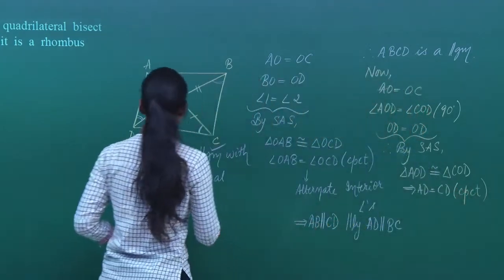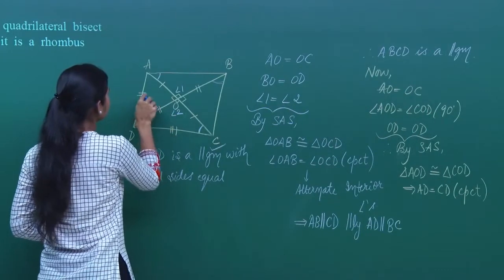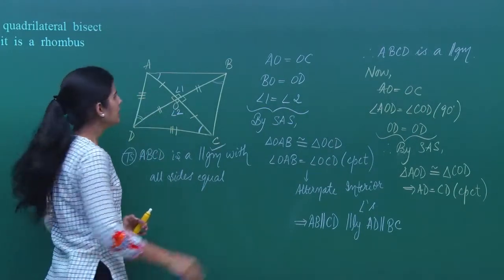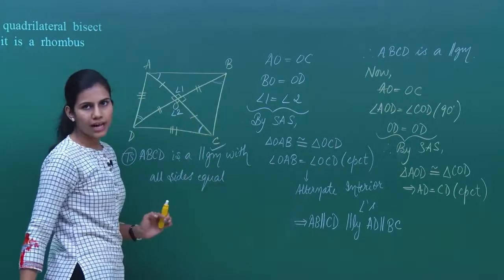So I have AD's measure the same as CD's measure, but because ABCD is a parallelogram, therefore